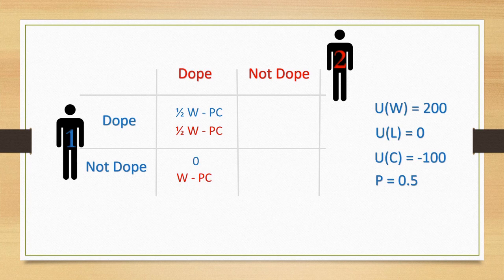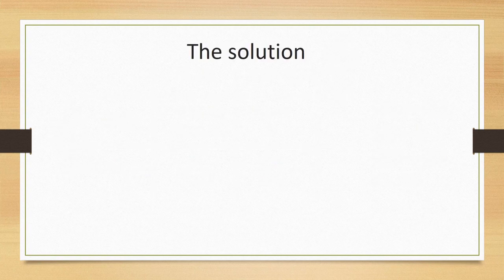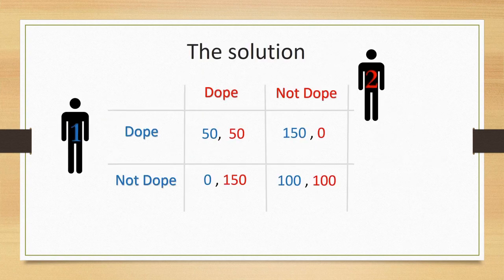If one athlete dopes and the other doesn't, the one that uses drugs will win, so their payoff would be the full amount of prize money, again minus the probability of being caught and the cost of being exposed as a drug user. The athlete that doesn't dope will have a payoff of 0, seeing as they will lose. If neither chooses to dope, then they would both win and therefore would receive half the prize money each. So if we add the monetary values chosen for this particular game, the payoff matrix would look like this.